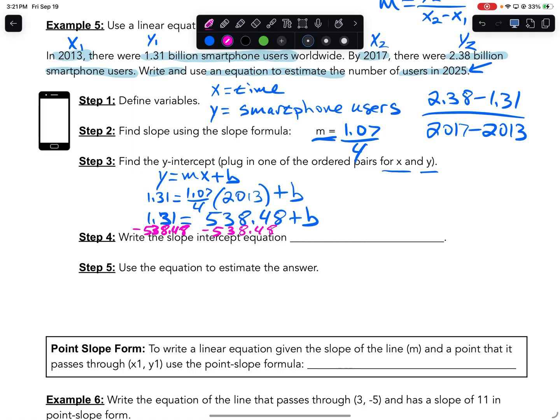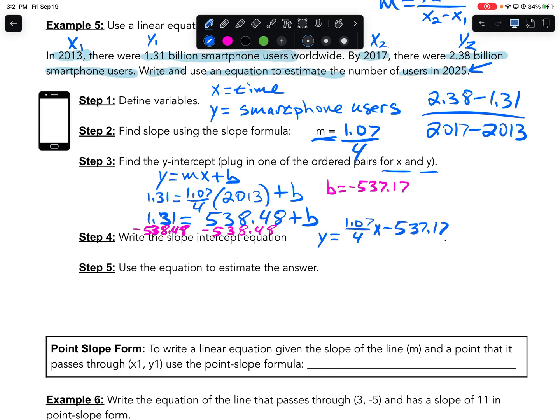When we subtract that, we get negative 537.17. So b equals negative 537.17. And then we're going to put it in slope-intercept. 1.07 divided by 4x minus